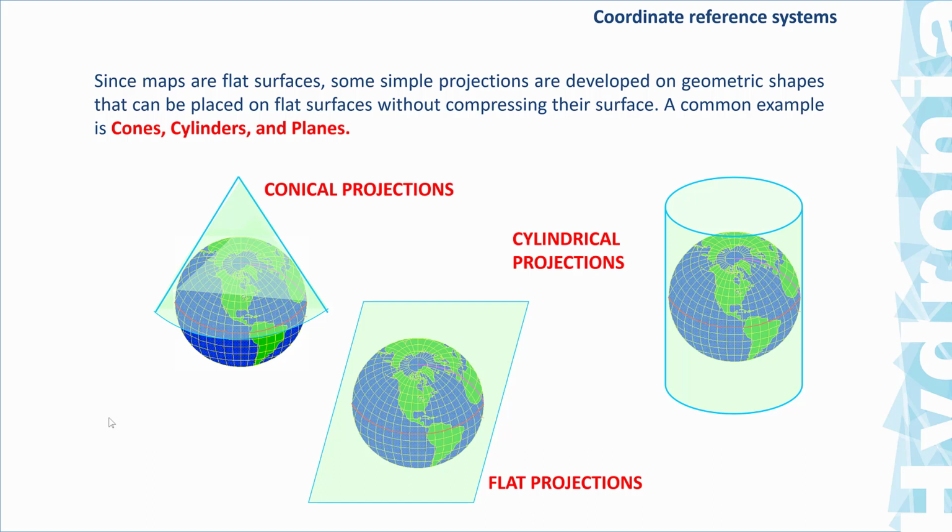Now, since maps are flat surfaces, they are really projections of the spheroid. In particular in HydroBID Flood, we need to work with a projection. The HydroBID Flood model works in a plane projection. So we need to use a projection. We cannot use the lat-long data that would be available from a latitude and longitude representation of a surface. So the DEM and all the layers that we use in HydroBID Flood need to be projected in a plane